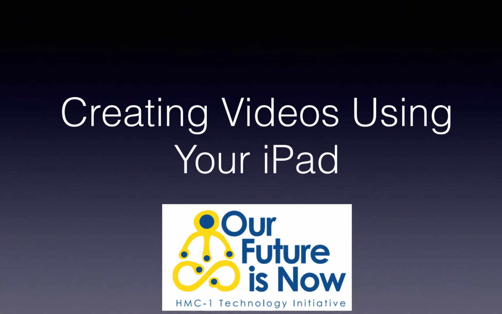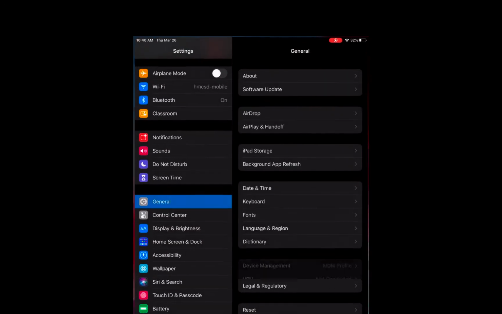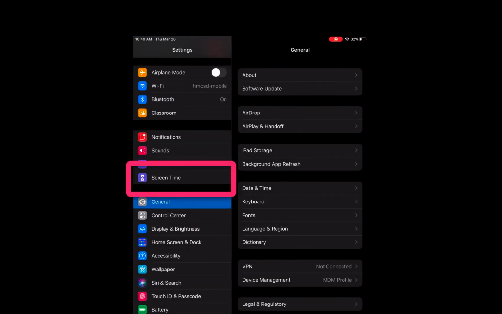This video will walk you through the steps of using your iPad and your iPad tablet stage to make videos at home that can be uploaded to your YouTube teacher page so that you can easily share them through your Google Classroom. To get started, you'll want to open up the settings on your iPad, and over on the left